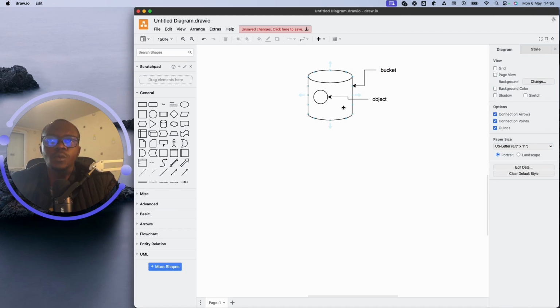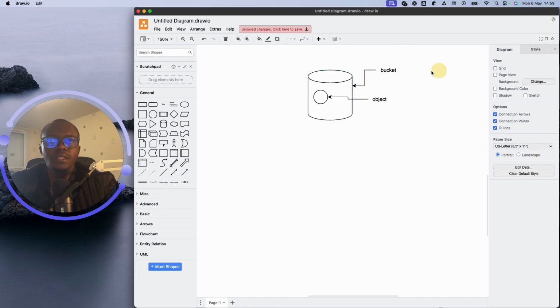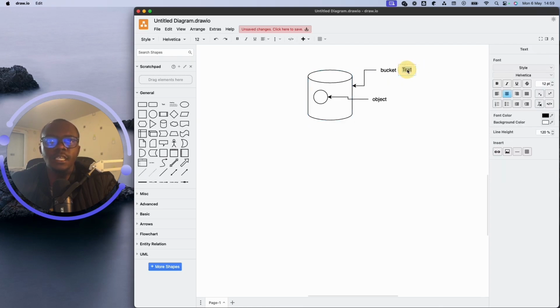So in AWS S3, you create what we call a bucket. And what exactly is a bucket? A bucket is typically just the name that you provide to this storage folder, and also the region where you want to store your data. And then what is an object? Our object is the real data that we are